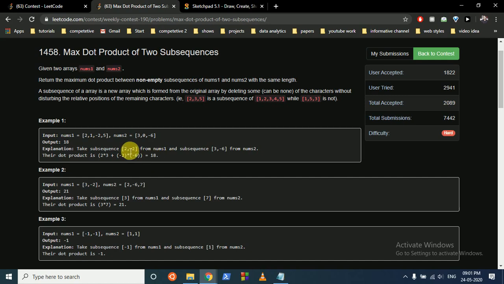So what you have to do is take a subsequence. In a subsequence, you can delete some elements but the order remains the same. As you can see, you can just take 2 and -2 in this, and because the order remains the same, it's just 2 and -2, and in this the subsequence can be 3 and -6.